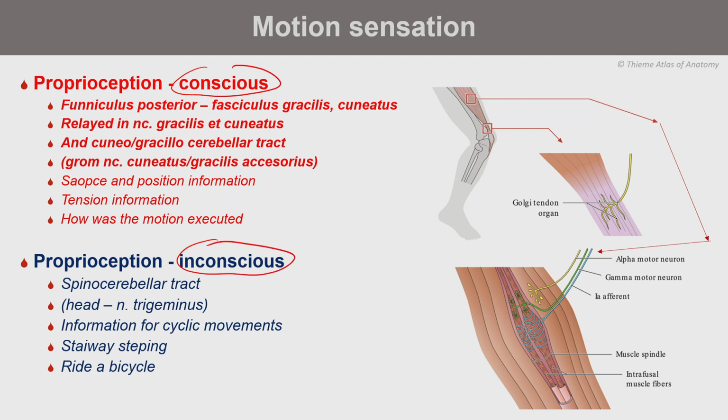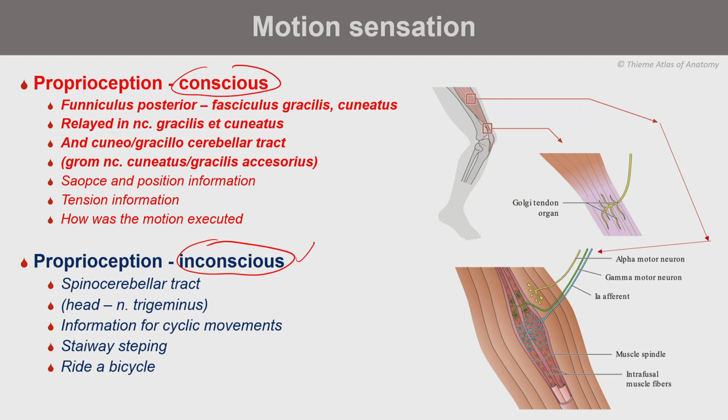Conscious is what we can feel, really, in our mind, directly or indirectly. The unconscious is the information sent to the cerebellum, where the position of the muscle and the position of the bone are localized, and then the system, for example the whole upper extremity, is guided, the tension is coordinated